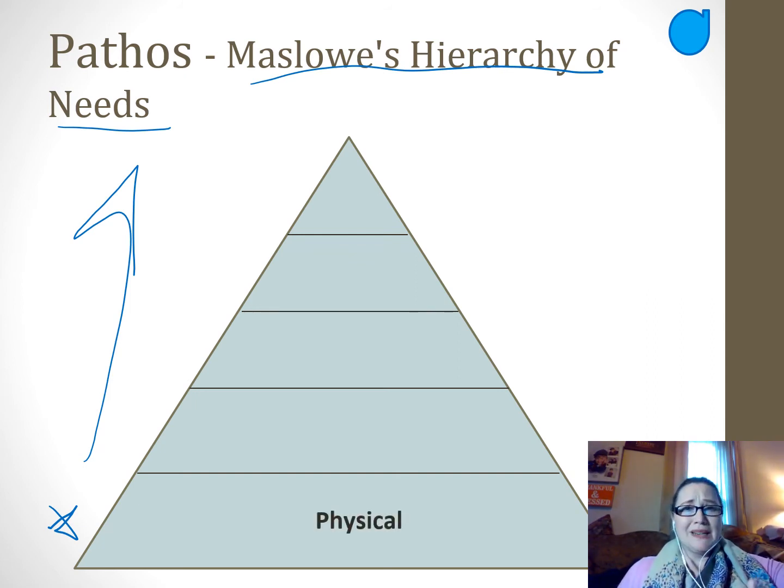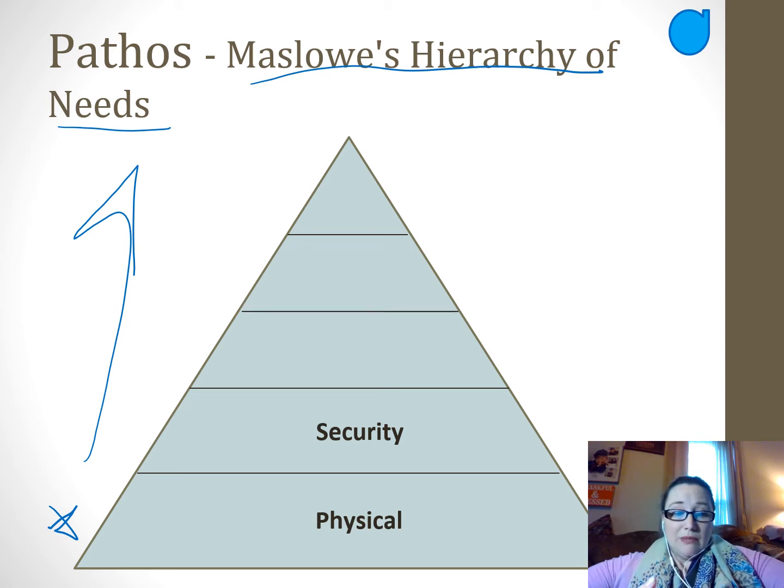So the first most basic need is physical needs. That is sleep, food, air. These are things that your body physically needs in order to continue on from day to day. Not until you have those needs solved can you address your next needs, which here are security. So this would be security from external threats, security from invasion. But I think of it also as an internal thing, security from internal threats, from health.